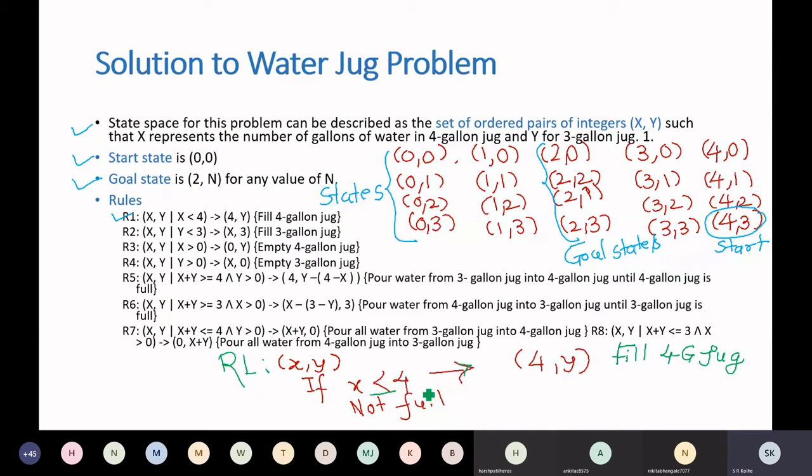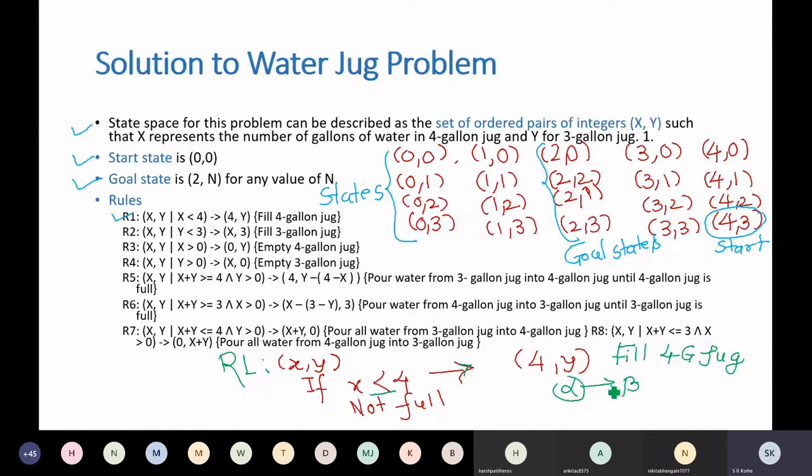So this is how we define rules, and such rules are called production rules. In formal languages, we define a production which has a left hand side and a right hand side. For example, alpha produces beta. So if alpha, then beta. That's what it means. If alpha is true, that will give you beta. These are called productions in theory of automata or formal language theory.